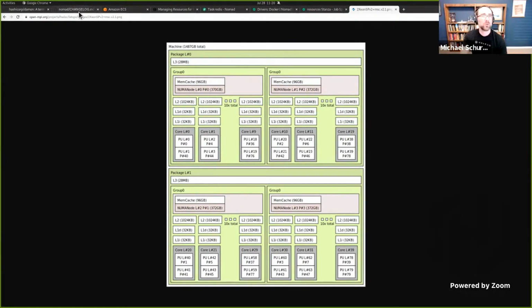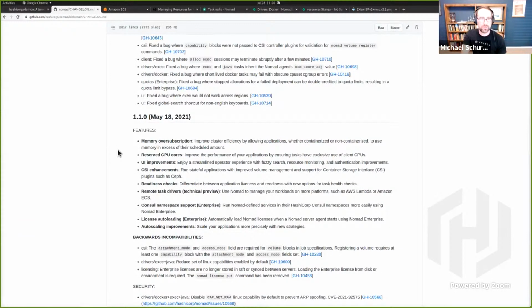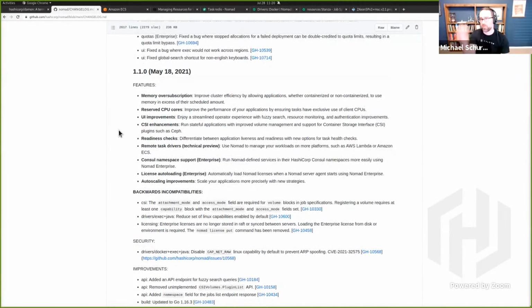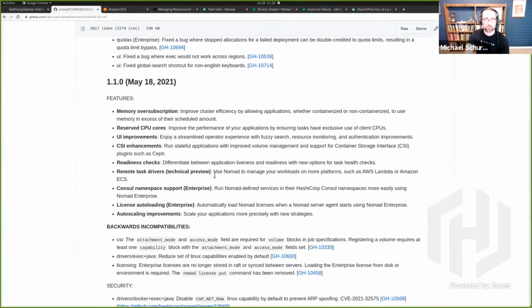If you note in the Nomad changelog or our blog post, we're always really careful to use words like technical preview with remote task drivers. That's because we want to get feedback before we really guarantee API stability with remote task drivers. We take backwards compatibility very seriously with Nomad.